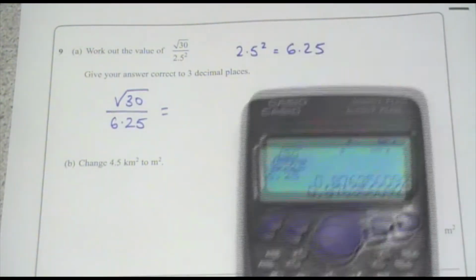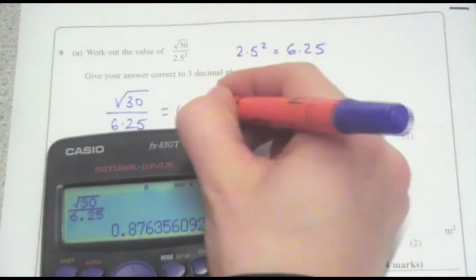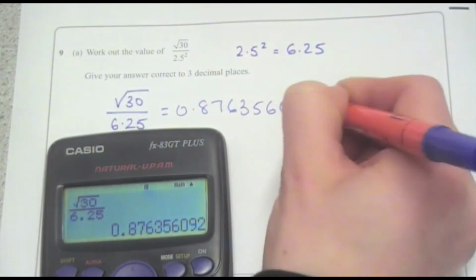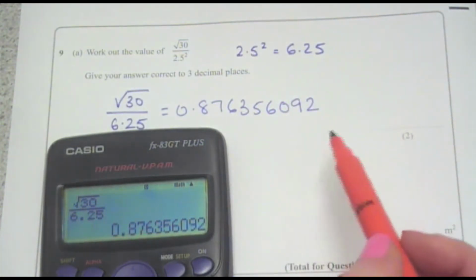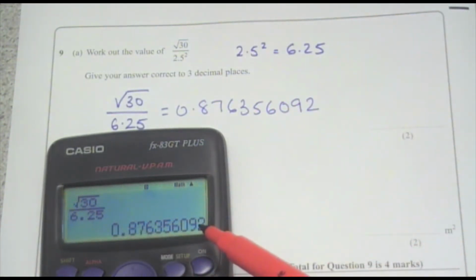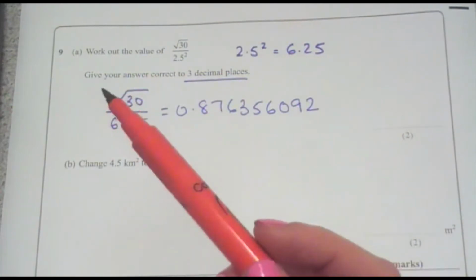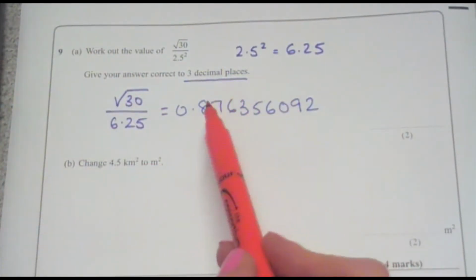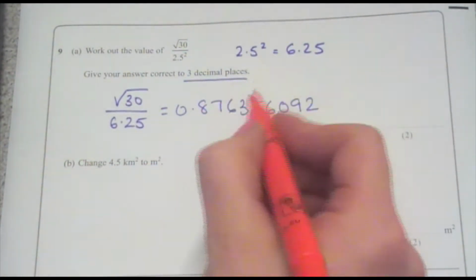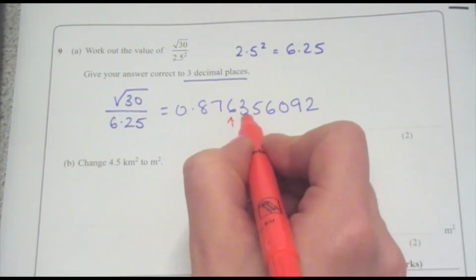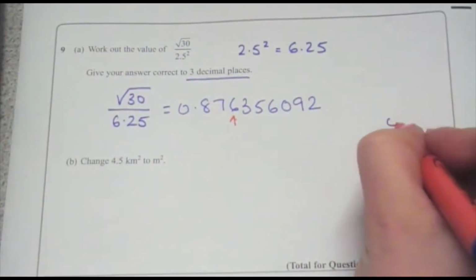Altogether, that is 0.8763569092. Whenever I'm doing a calculator paper, I would always write whatever's on the calculator display before I round, just to be on the safe side. It then wants me to round to 3 decimal places. So I'm looking at the 3rd decimal place, so 1, 2, 3, this is my 3rd decimal place. I look to the digit on the right, that 3 is going to tell me to round down, so to 3 decimal places, my answer should be